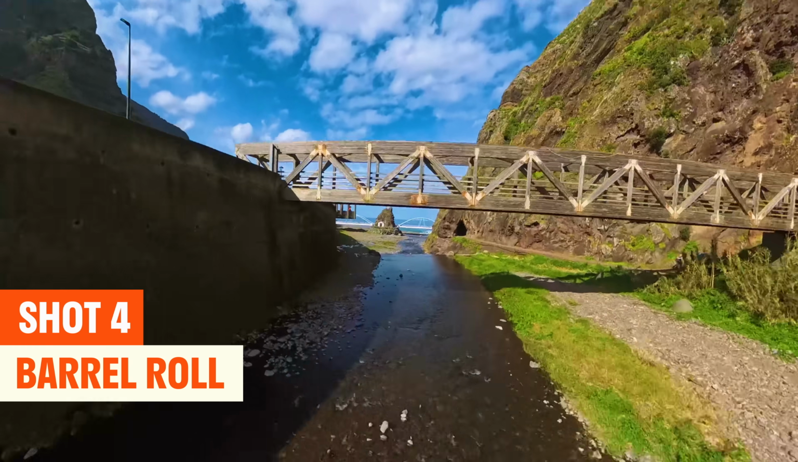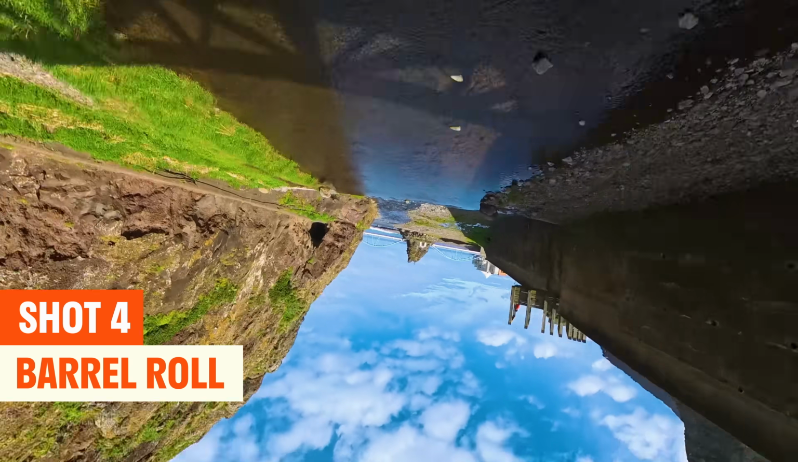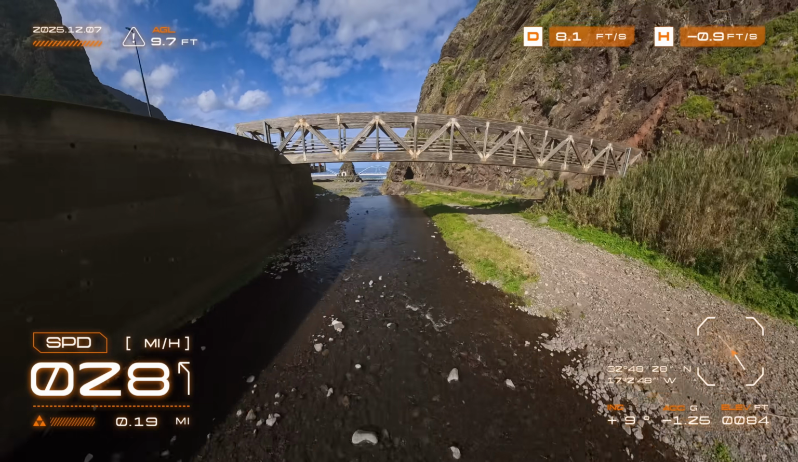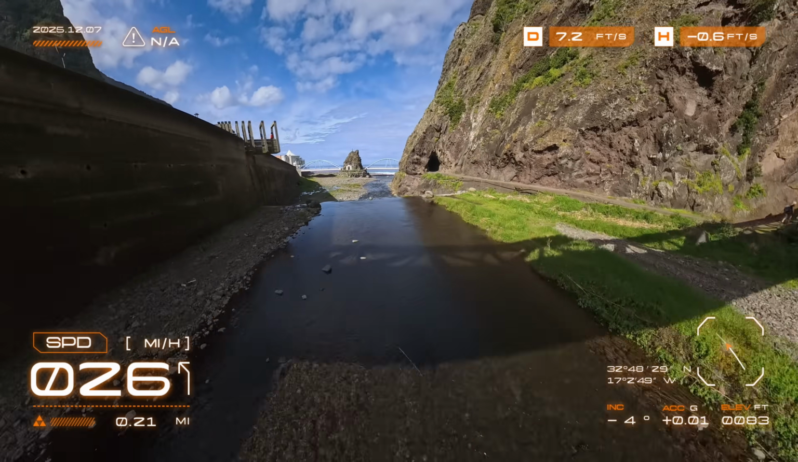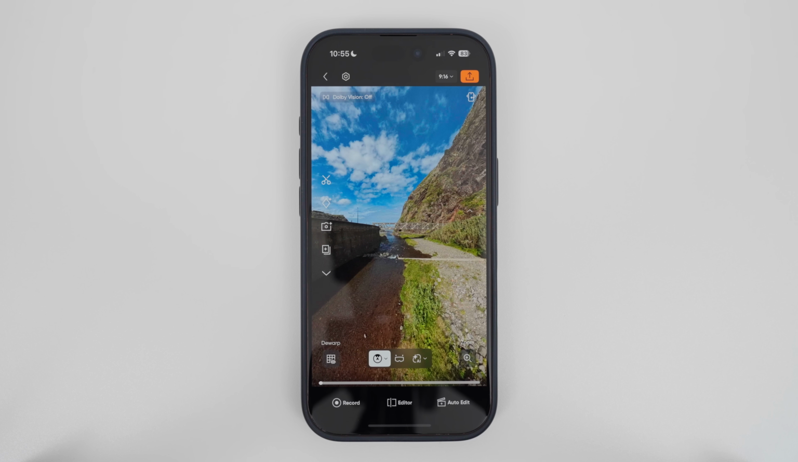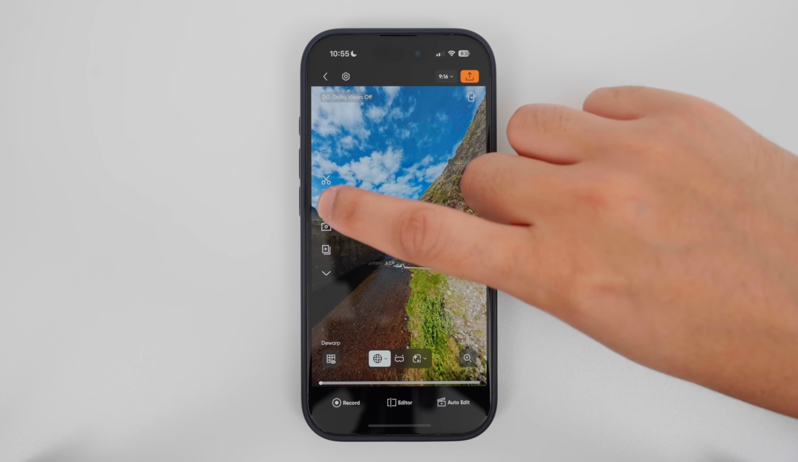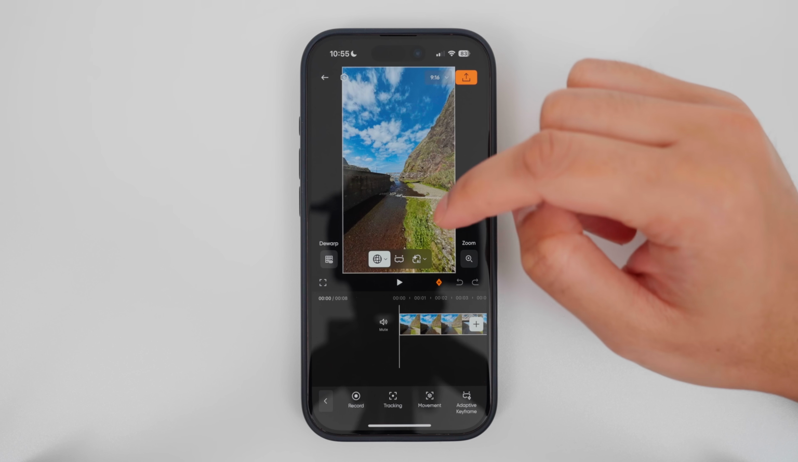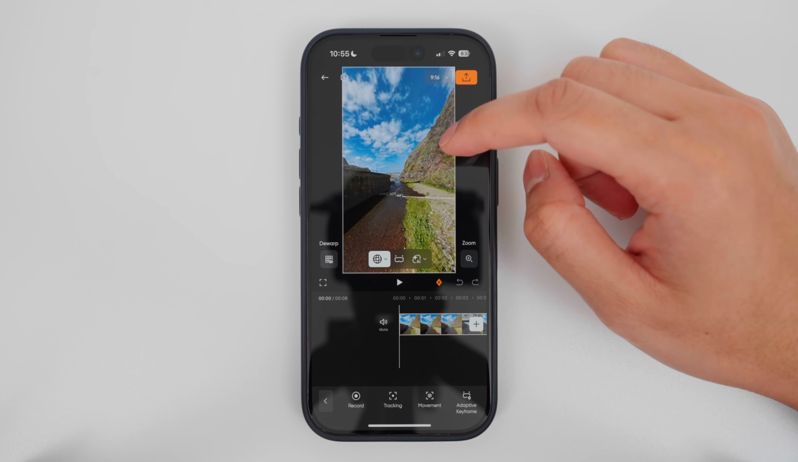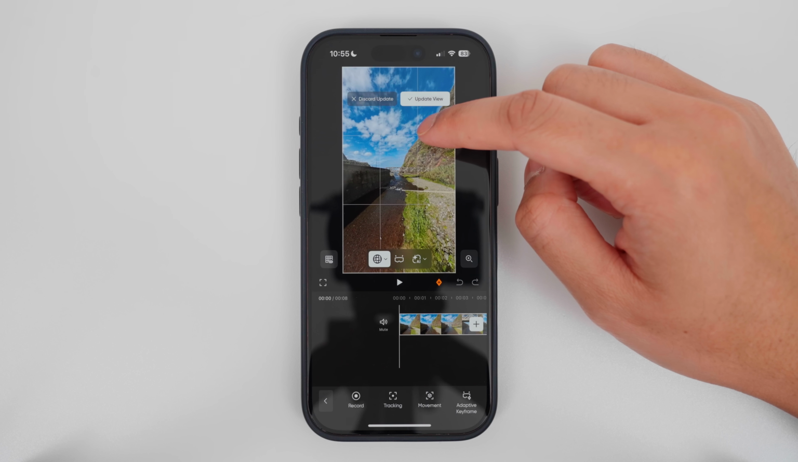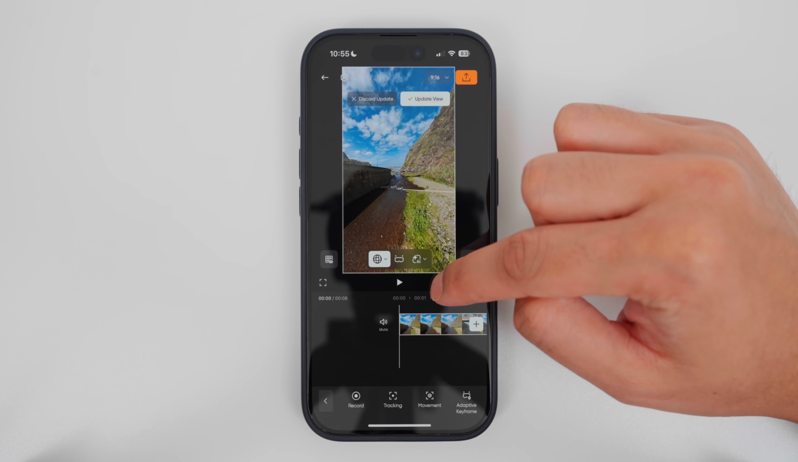Shot number 4 is the barrel roll. To capture this shot, fly in a straight line for about 10 seconds. To edit this shot, change the direction lock to free view, then go into the keyframe editor. At the beginning of the timeline, put the bridge in the middle, add a keyframe,